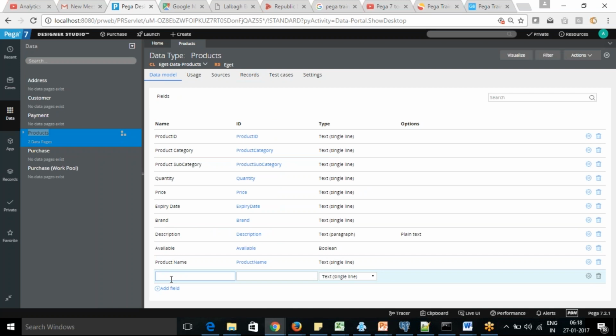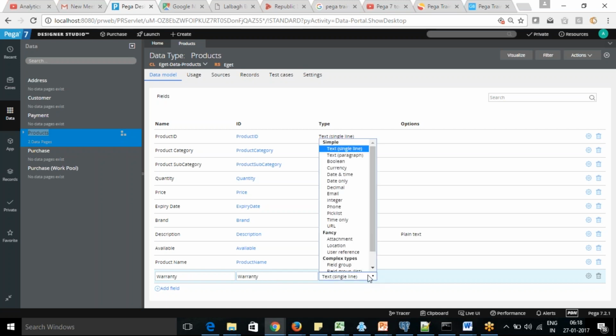We can give name, brand, expiry date, price, quantity. Warranty, okay. How much warranty you have for the product, we can keep that.